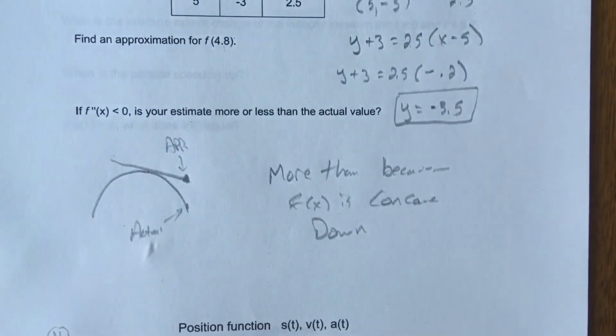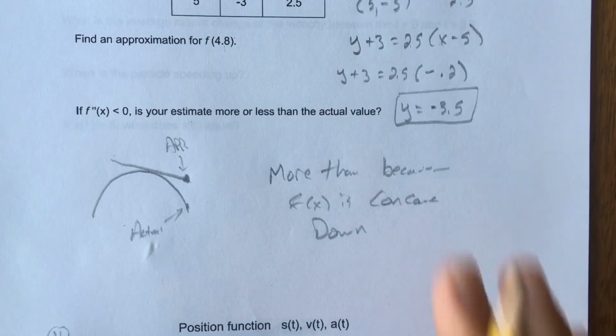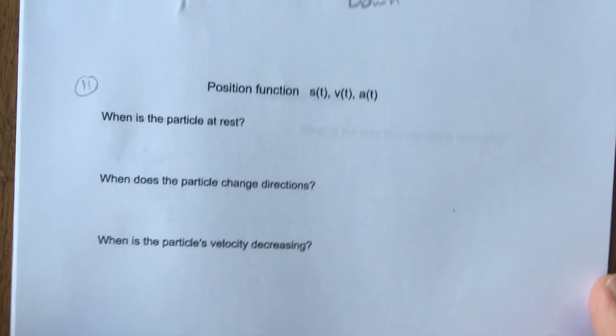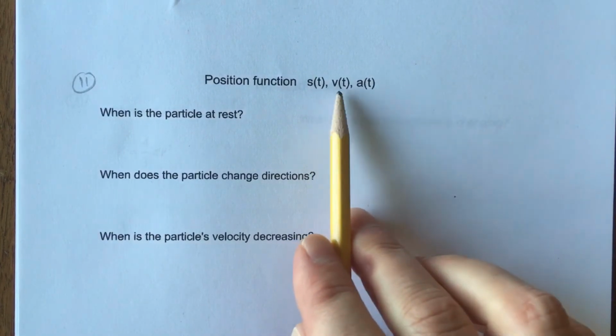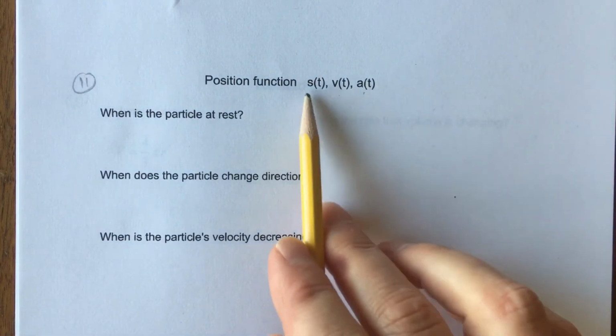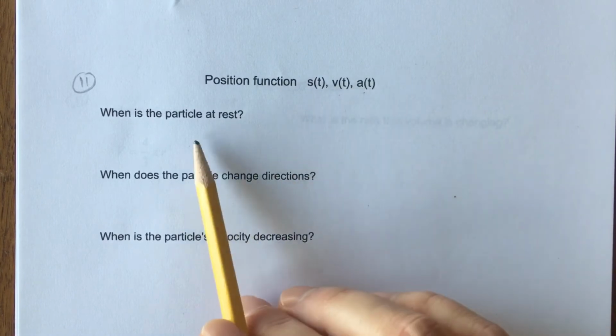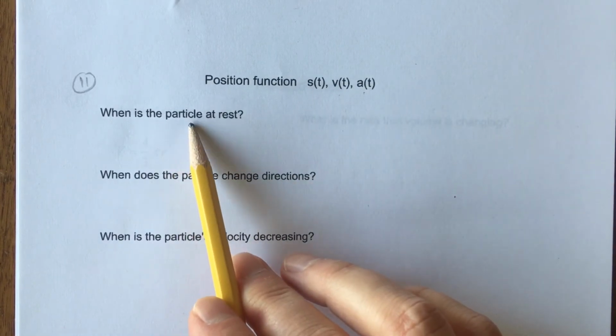And that's how you want to write it there. So hopefully that feels pretty comfortable. Then we have position functions, s(t), v(t), a(t). So position, velocity, acceleration. Using any one of those designations, what I want you to do is see, when would